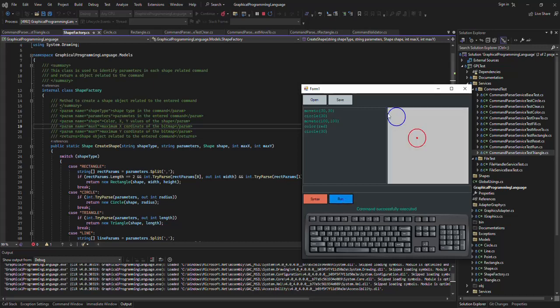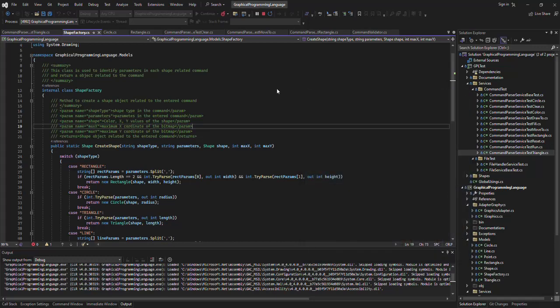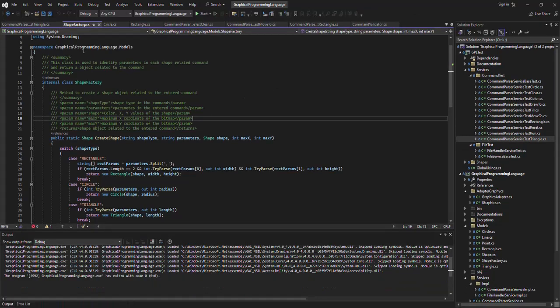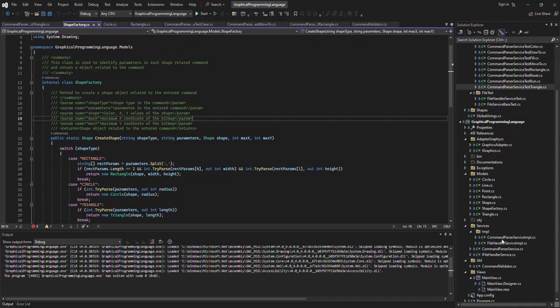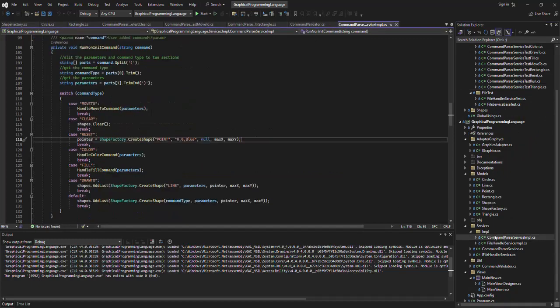So yeah, you can see it's previously in the blue color. By using the color command, I have converted it to red, and then the second circle is drawn with the red color. So to handle this, in my command parser service implementation file,